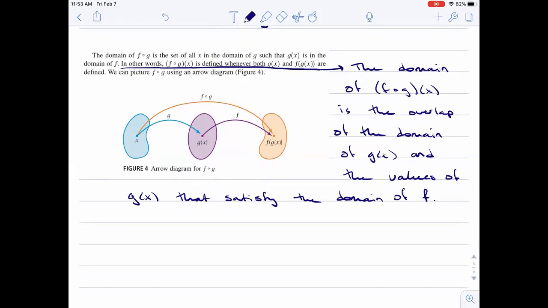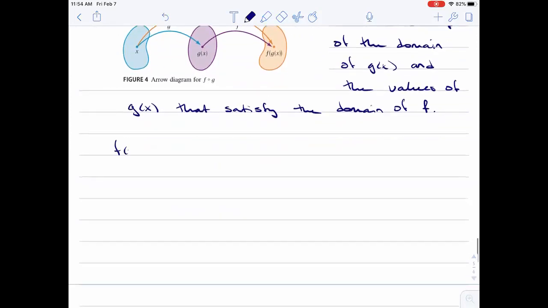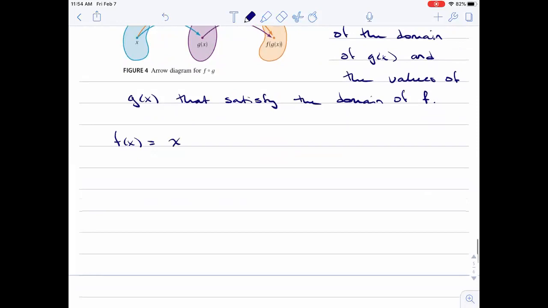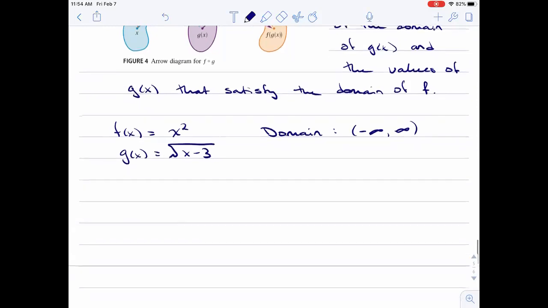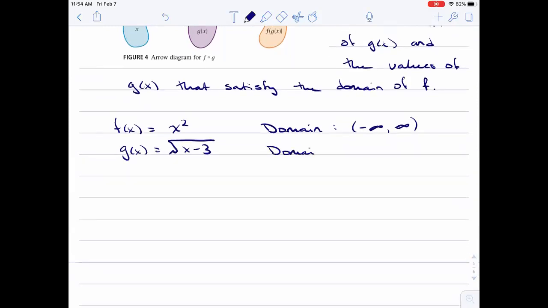And so if we have a look at our f of x, just to have it on the same page here, was x squared, and g of x was the root of x minus 3, I want to say. The domain of f of x is just all real numbers, so in interval notation, that's negative infinity to infinity. x squared can handle any value of x. g of x, not so much. The domain of g of x,